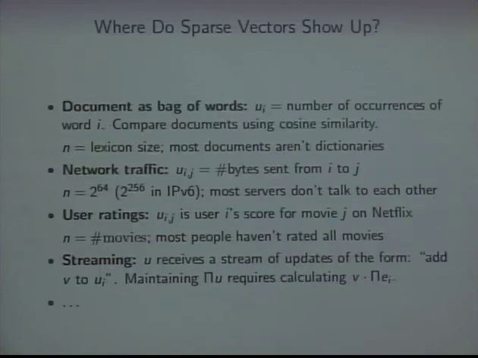And I claim that we often do care about sparse vectors. We care about embedding sparse vectors because in a lot of applications, especially in machine learning, the vectors that you want to embed are sparse. So treating documents as a bag of words, where the dimension is the lexicon size and the ith entry is, say, some weighted count of the number of occurrences of word i. Or look at a matrix where the ijth entry, say in the Netflix matrix, you have users and you have movies and then you have ratings. Most users don't rate every movie in your database. So you expect sparse vectors all over the place. So we want embeddings that work well for sparse vectors.